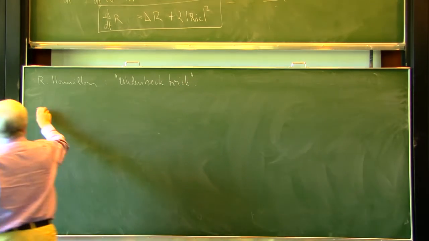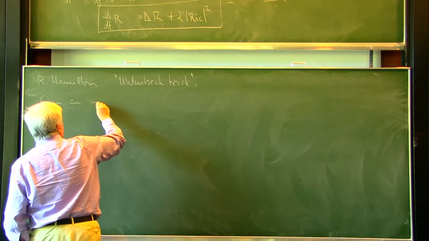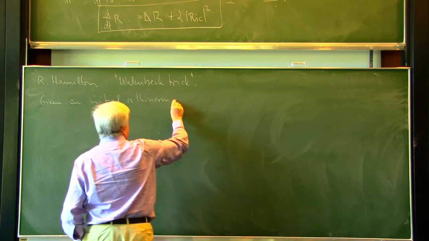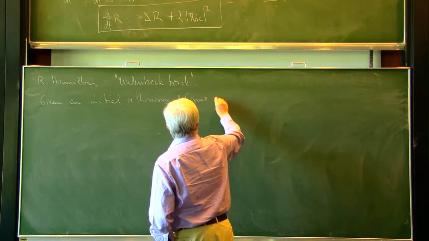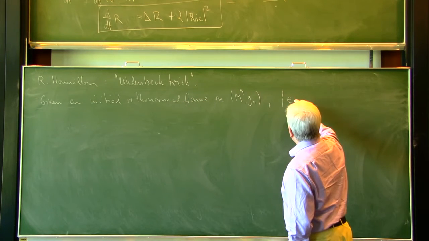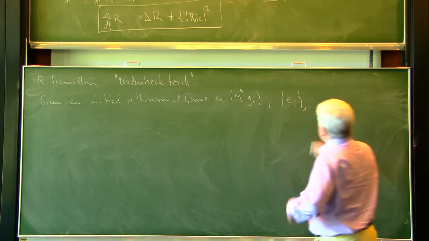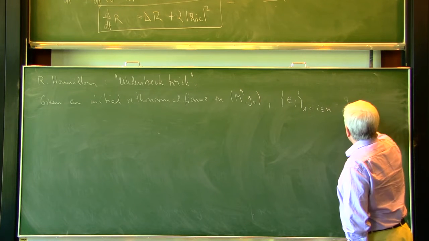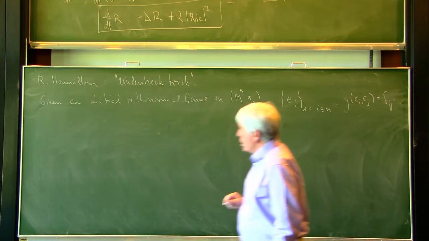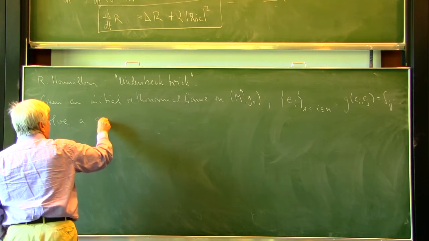And the idea is to, given an initial orthonormal frame on M^n with the initial metric g_0, say e_i, i between 1 and n, so we have g(e_i, e_j) equals delta_ij, then the idea is to solve a system of ODEs